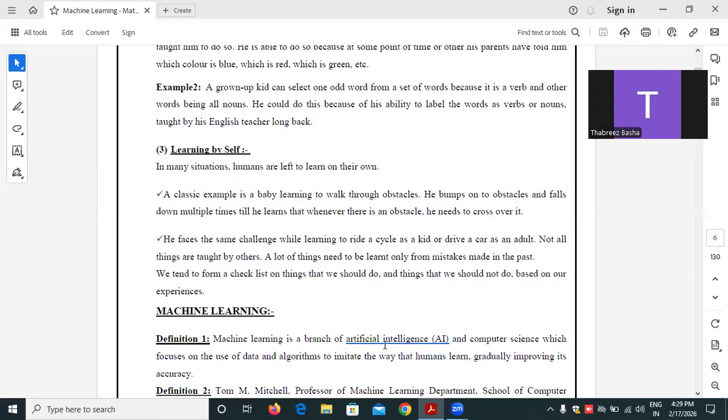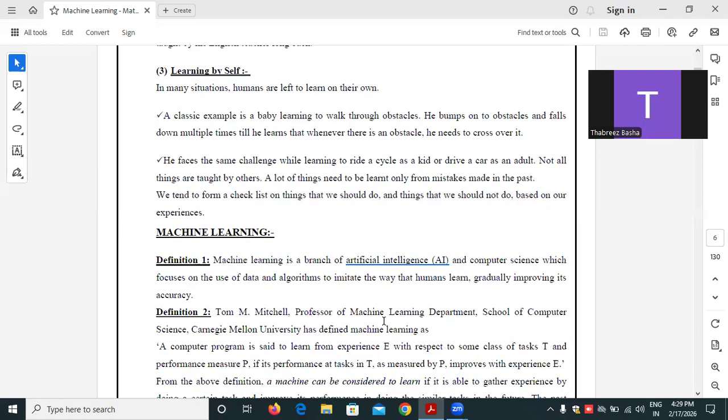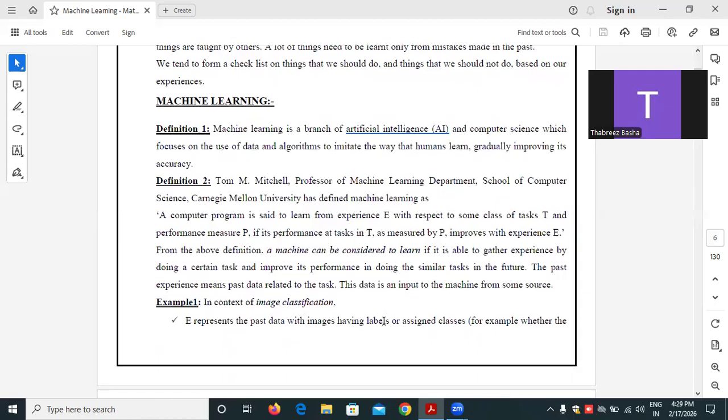Next, coming to the next topic, machine learning. Machine learning is a branch of artificial intelligence. It is one of the main important points. It is a branch of artificial intelligence and computer science, which focuses on the use of data and algorithms to imitate the way that humans learn, gradually